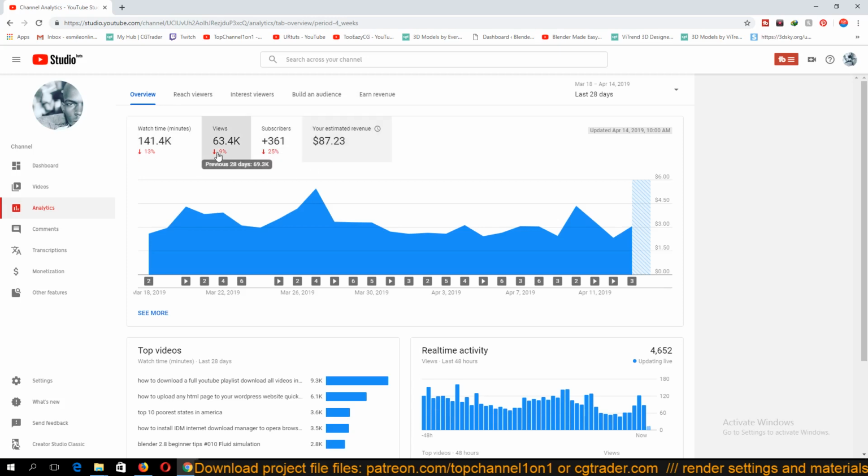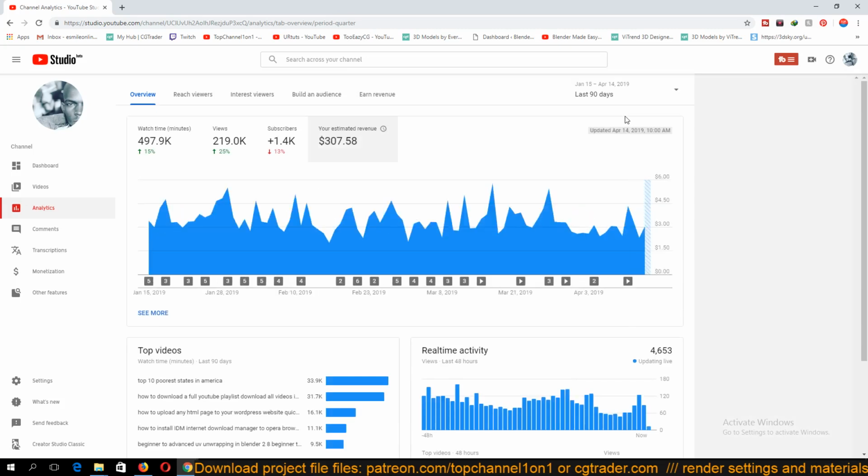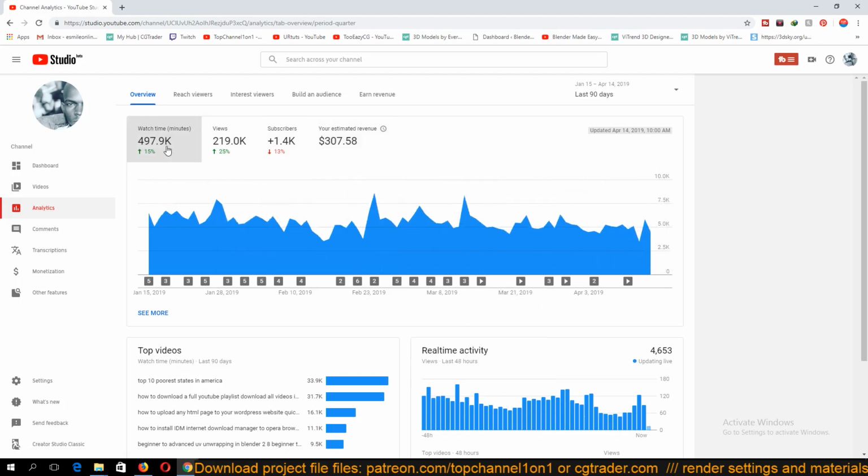But let me just show you the previous 90 days, just to show you what I mean. You can see, though it is showing that it's a bit low in the 28 days, if you look at the entire 60 days, you can see that it averages, it's almost consistent. So even the watch time,